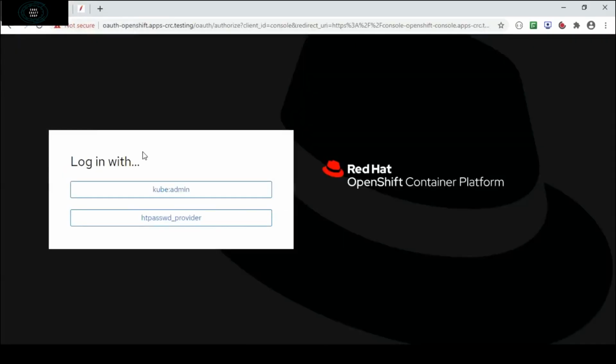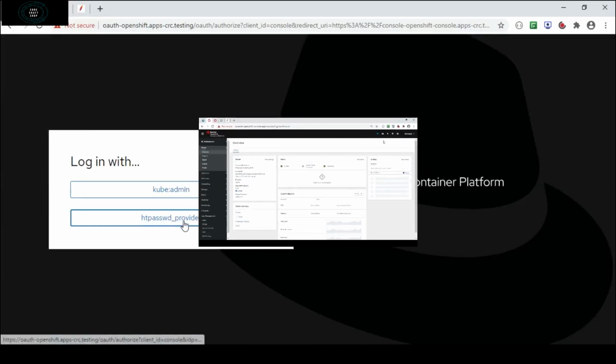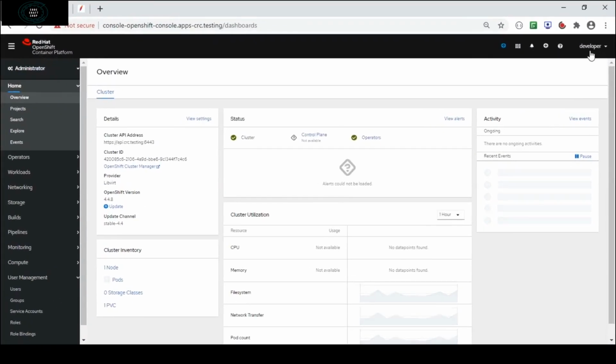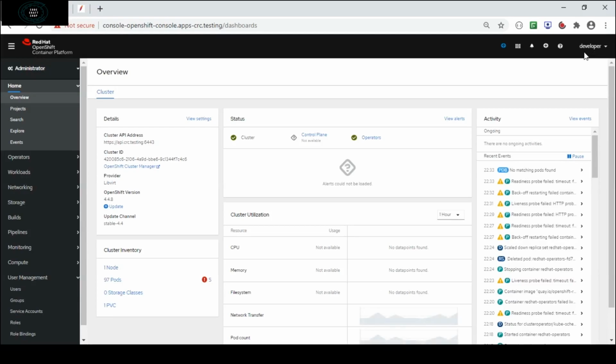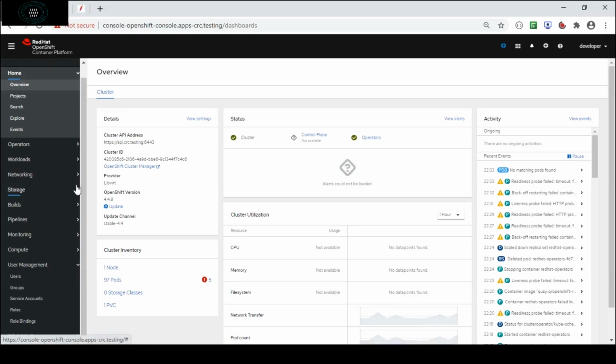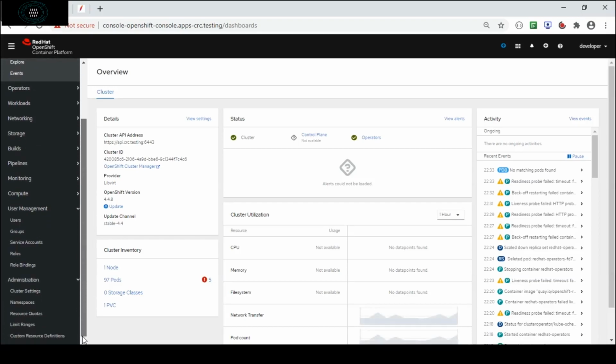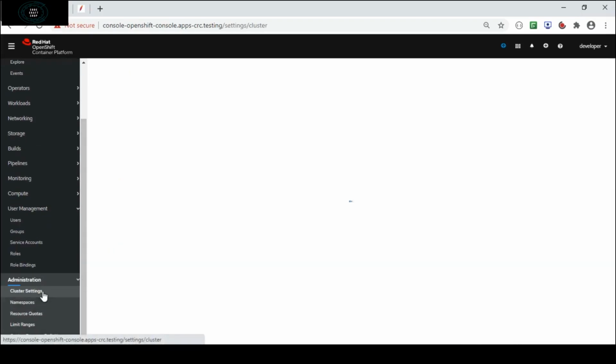I will move on to the OpenShift cluster. In order to create the identity provider, I will use the admin credentials. I have logged into the system using the developer credentials, and these developer credentials have admin access. In my case I am inside the administrator perspective, and I'm going into the administration option. Once I click on this, I will navigate to cluster settings, and inside cluster settings a global configuration tab will appear. I will click on this,